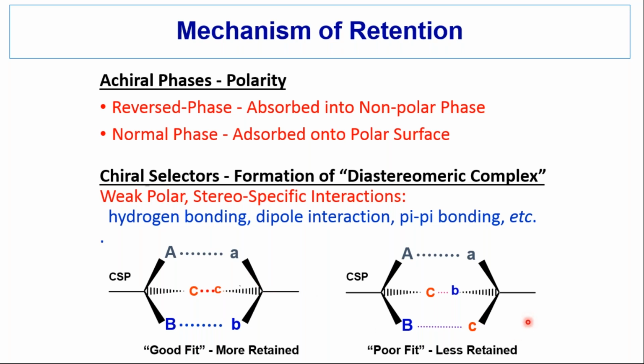If the fit isn't so good, we may get retention from, say, the hydrogen bonding, but the pi base and the dipole may not fit as well as the pi acid and pi base, and same thing here with the pi acid and the other dipole, and so we may get less retention, a less good fit, and so it's less retained. Good fit can sometimes come at a price.